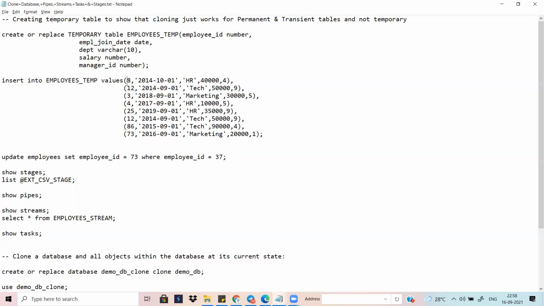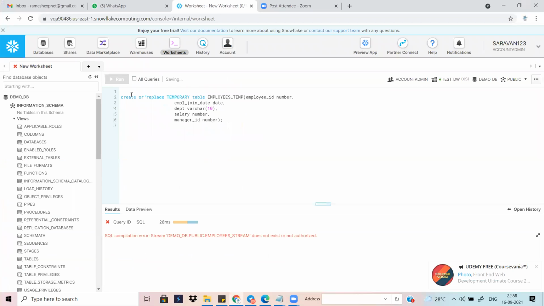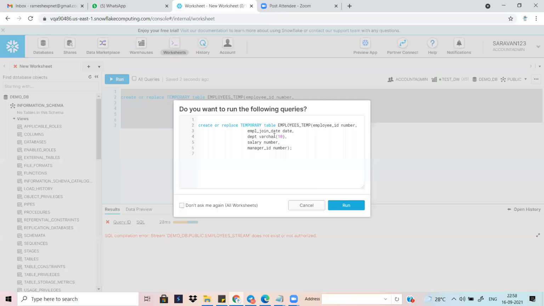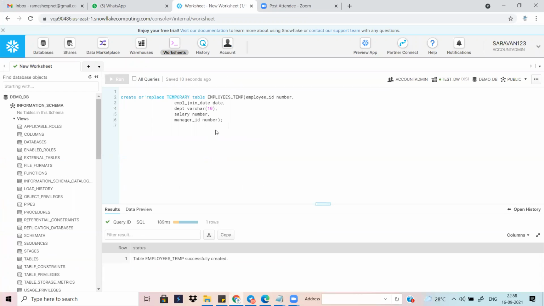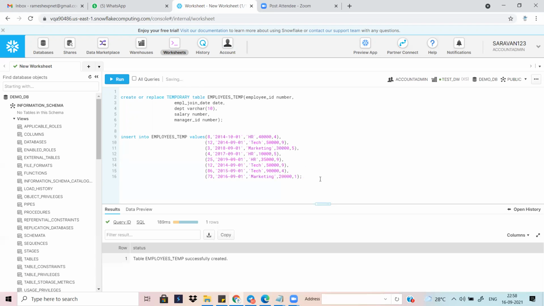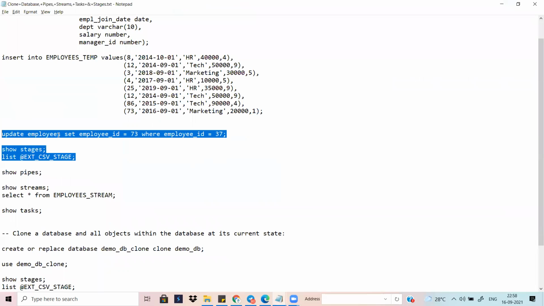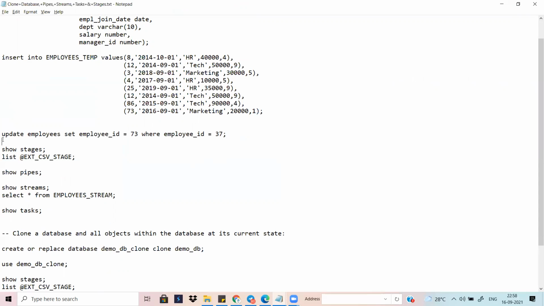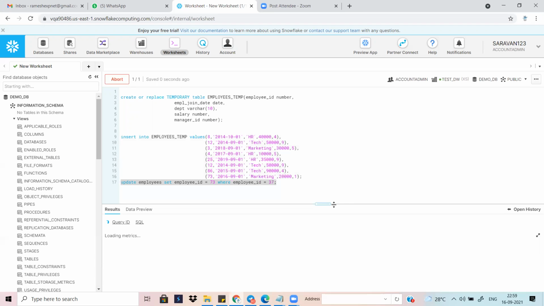You are creating the temporary table, inserting the 10 records, then updating some records.